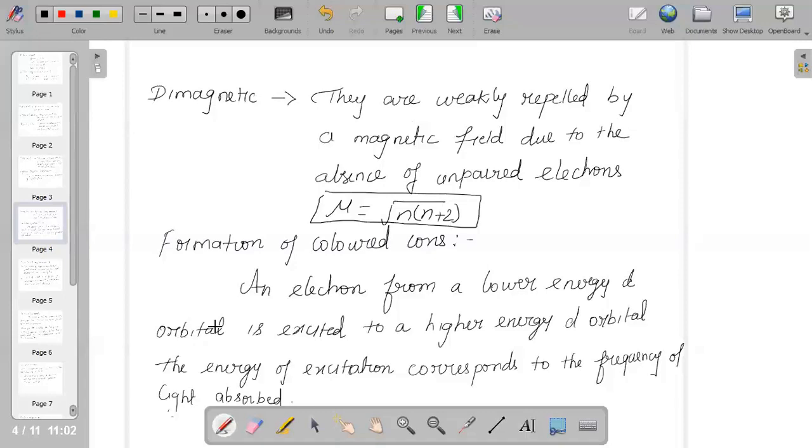And of course, the promotion process is going to require a small amount of energy, and that is available in the visible light. So when we say any element from your transition elements that has either entirely empty or entirely filled 3d orbitals, that means they do not have any unpaired electrons, hence it will appear colorless. If they have unpaired electrons or partially filled d orbitals, then they will exhibit color. It is an important fact to know.